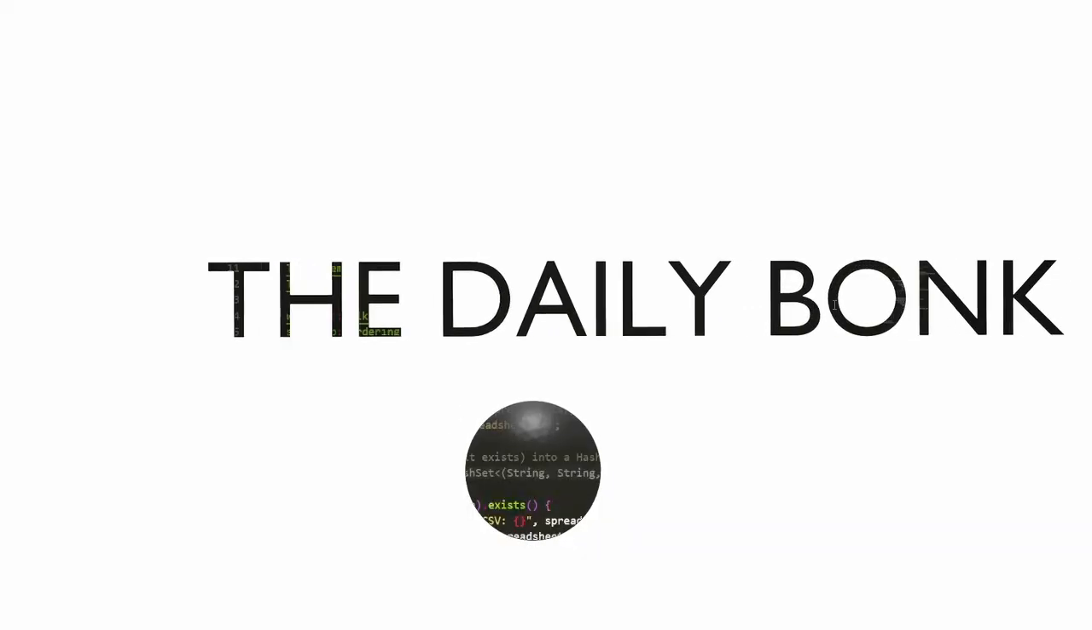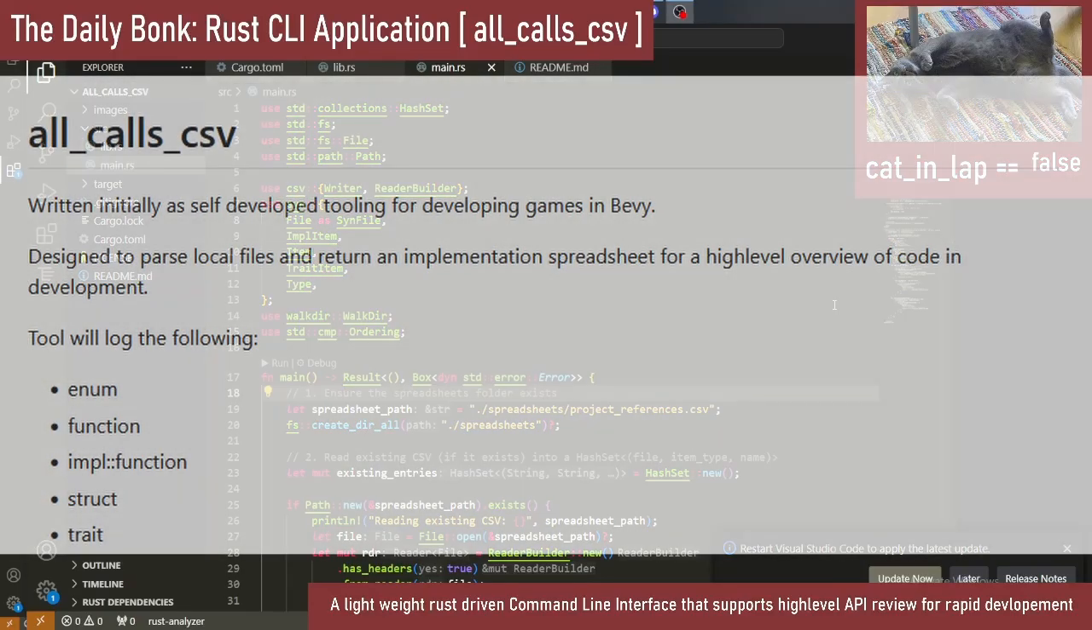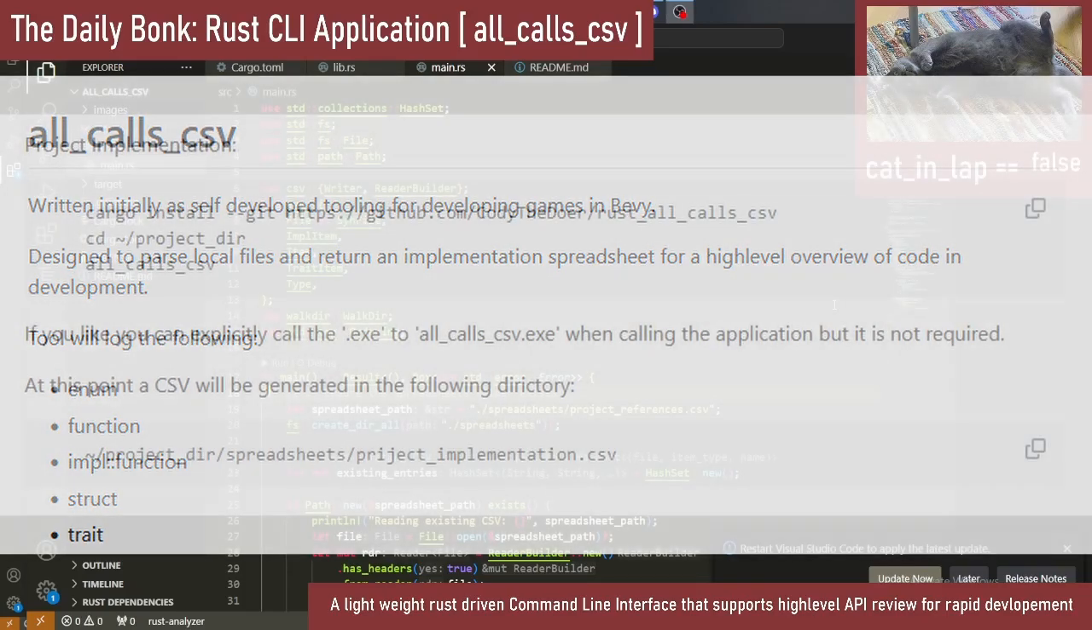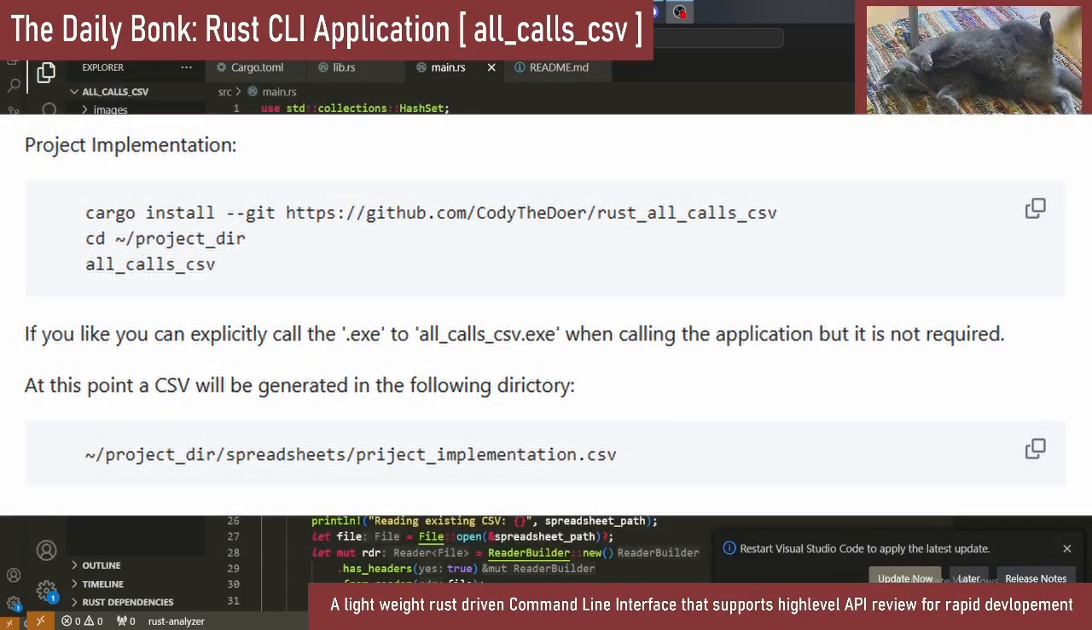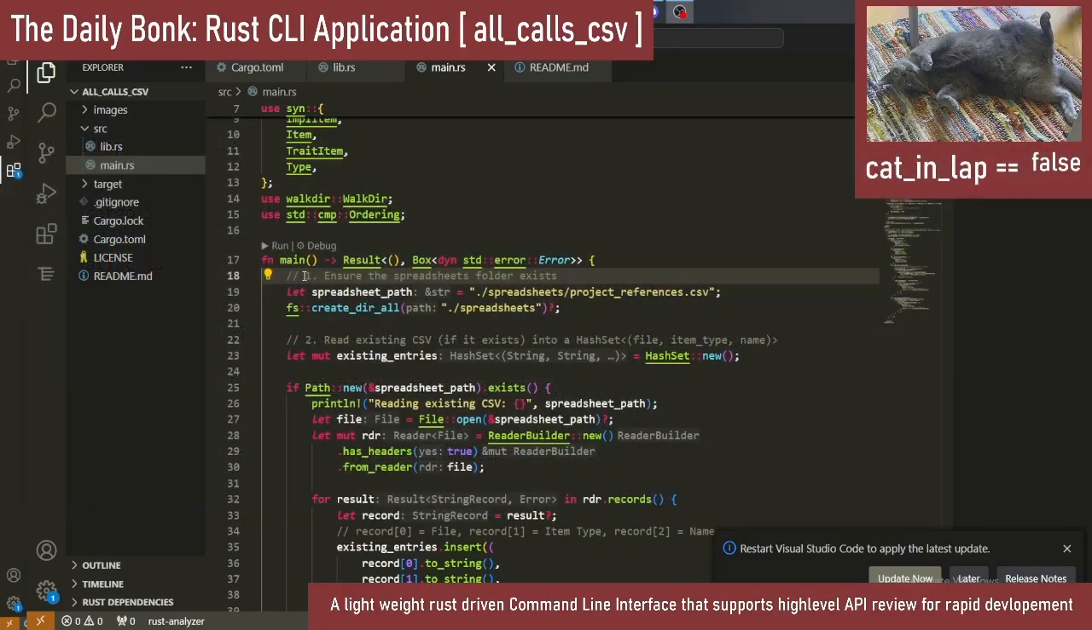My name is Kodiak, and today we're going to be talking about a CSV generator that I built. It's a command line interface tool built in Rust for Rust. Essentially, once you install it via cargo and you navigate to the base directory of your project, you can run it with all_calls_csv, with underscores in between, lowercase, and it will generate,